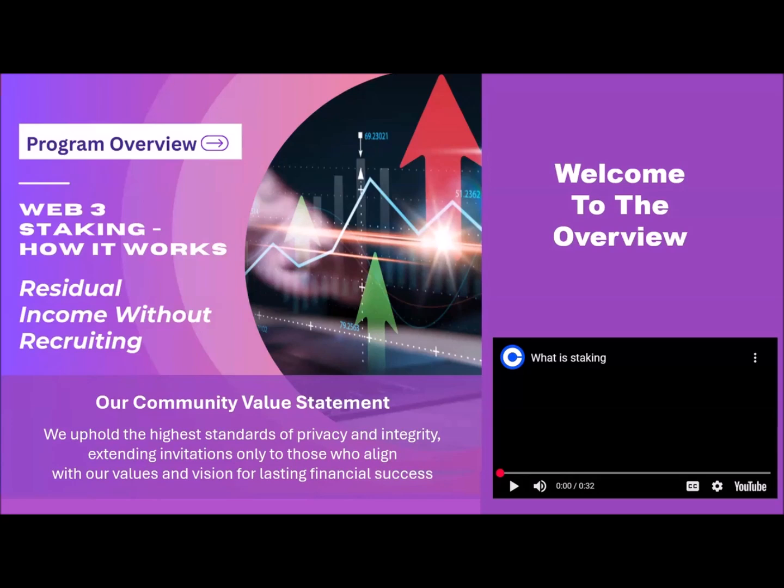So over the next few minutes, we're going to talk with you about an innovative concept called Web3 staking. We're going to talk about something called decentralized finance. Now, ladies and gentlemen, I hope you have a pen and a piece of paper because you're going to want to take notes and you'll be able to do your own research on some of the things we talk to you about. That's part of that learning curve you want to make sure that you go through, because